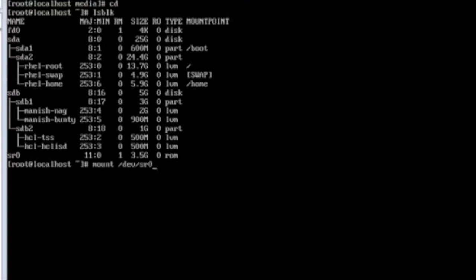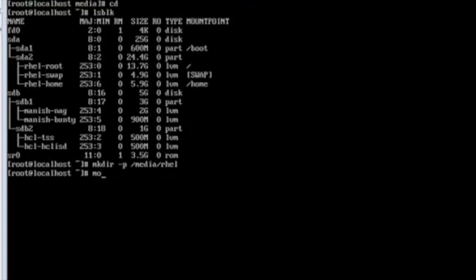This is for sr0. First, let me create a folder with mkdir. media is a folder in root, and in that I'm creating another folder named rhel, and I'm using -p. -p is a flag that creates a folder inside another folder. Okay, it got created, and now I'm mounting this sr0 drive to rhel.